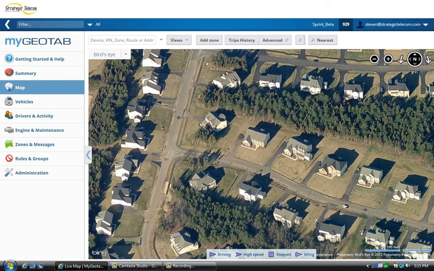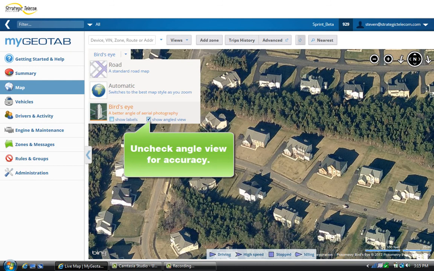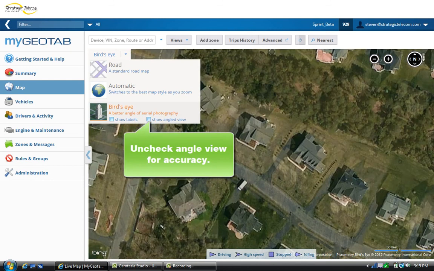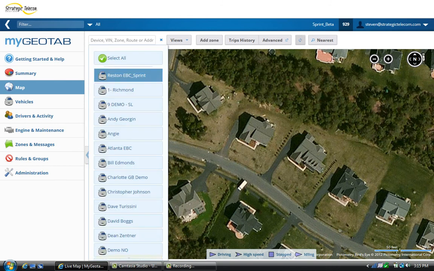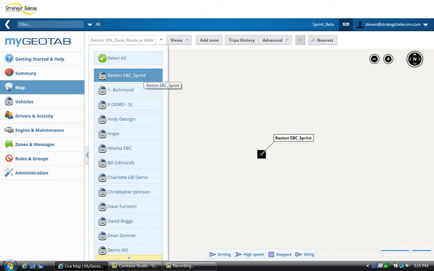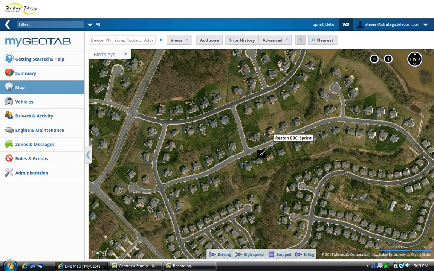But anytime you're looking at a zone or a route, I highly recommend making sure that you are not using the angled view, as drawing a perimeter around a location might become skewed due to the angle in which you're viewing the map. As I go back to the vehicle that I'm looking at, I also have the ability for